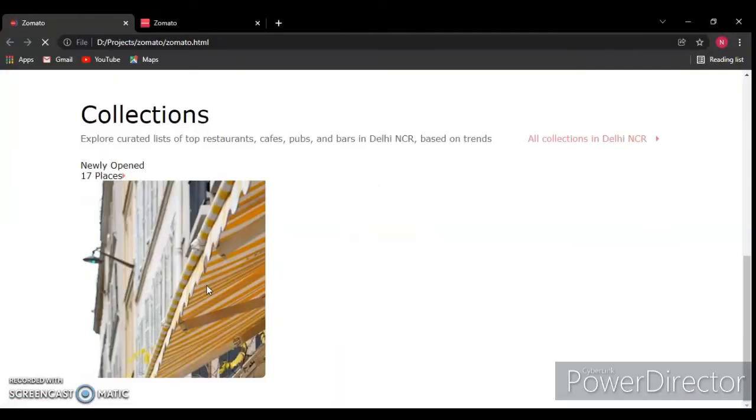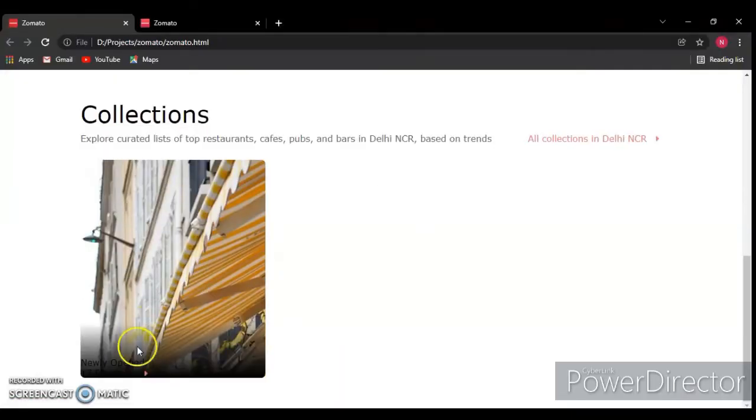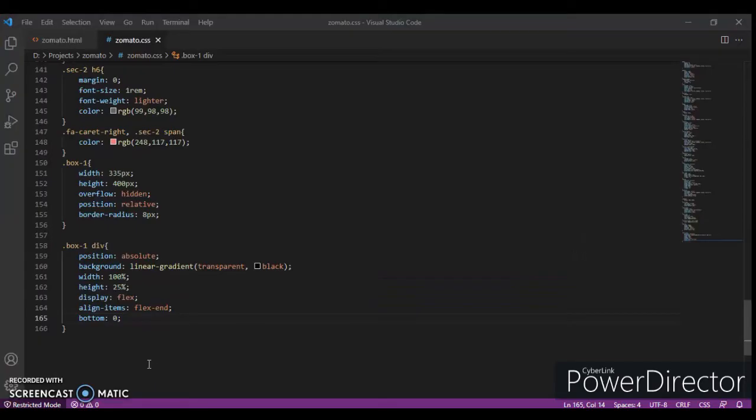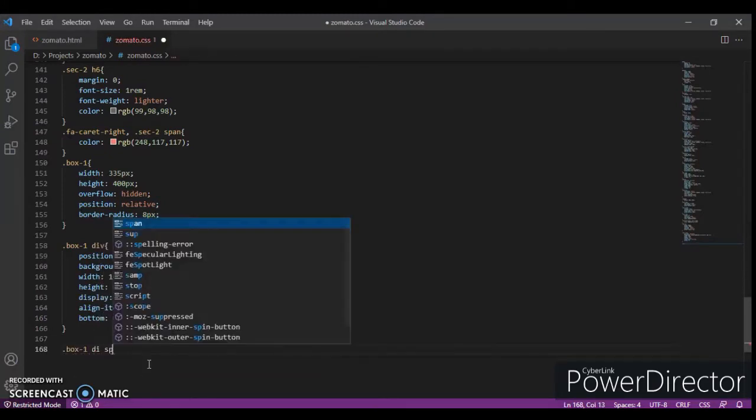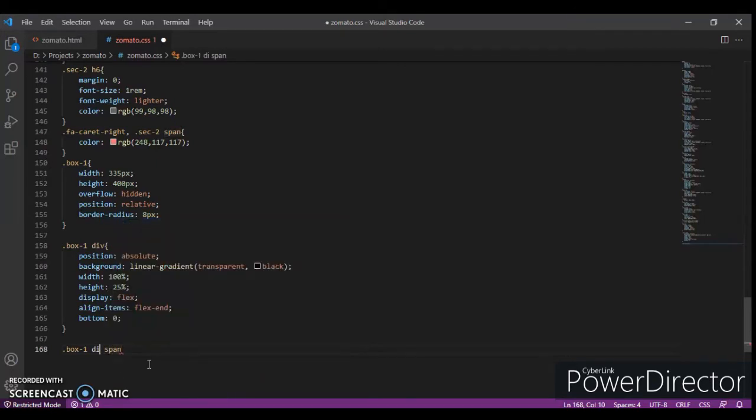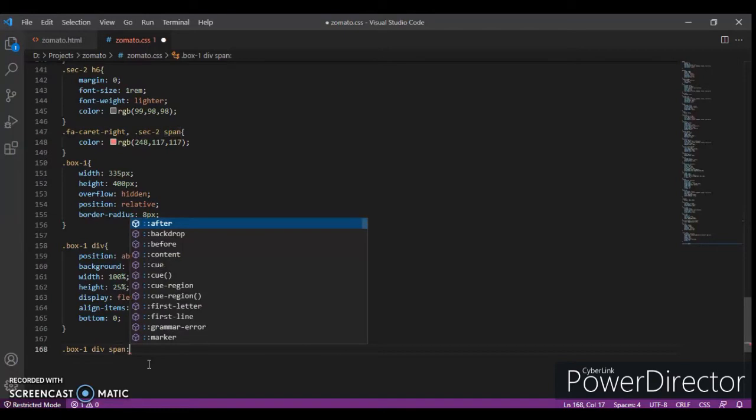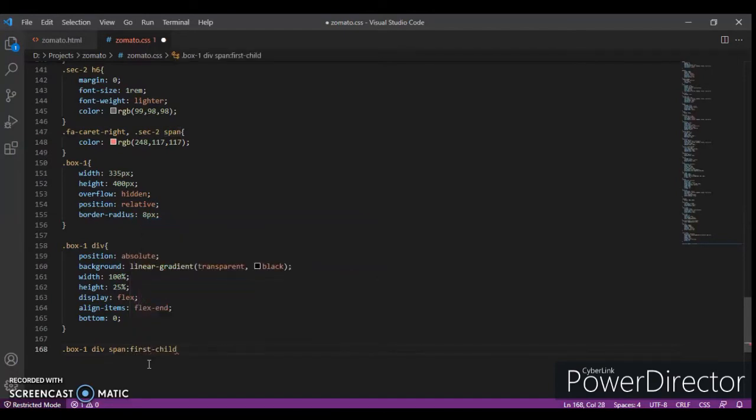How would it look? This is okay. We are just designing, so don't think about how it is looking. It will look fine when it is completed. Div span, and oh my god, what happened? Div span post child and